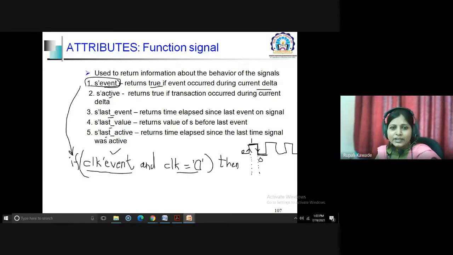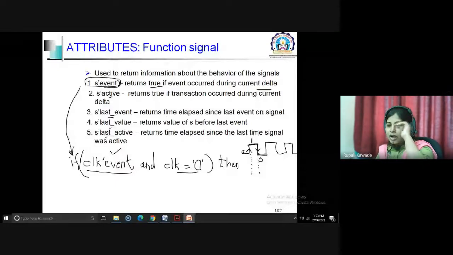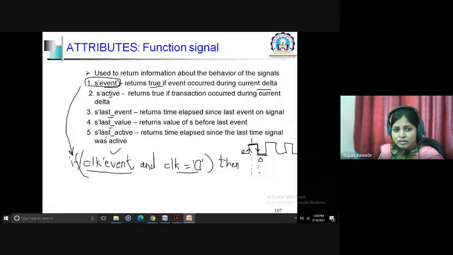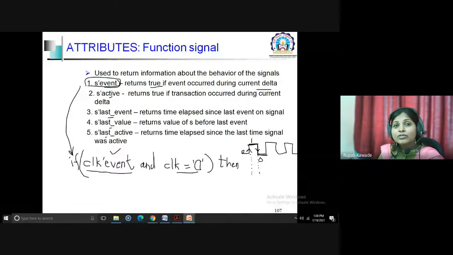Similarly, 'active is related with the transactions. 'last_event returns the time elapsed since the last event, meaning how much time has elapsed after the last event occurred. And for the value before the last event, we have 'last_value, and 'last_active.